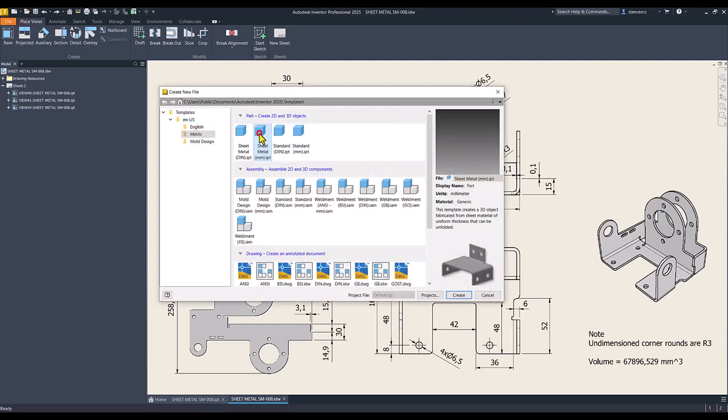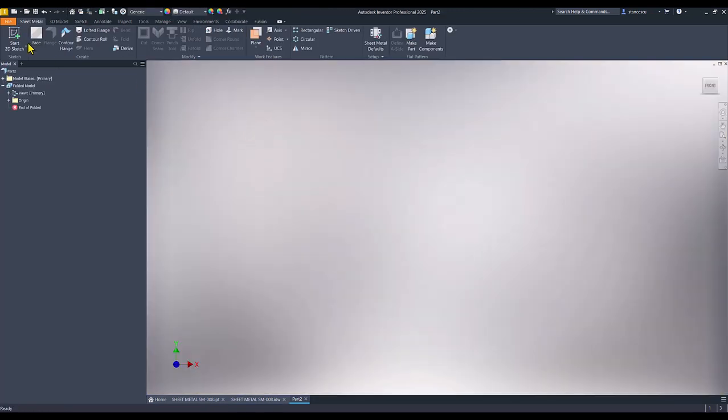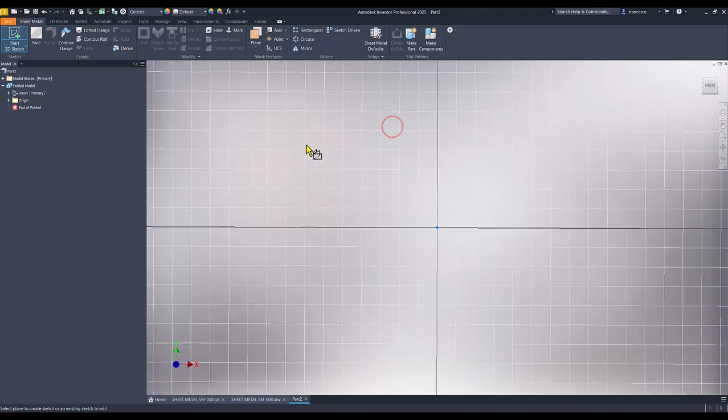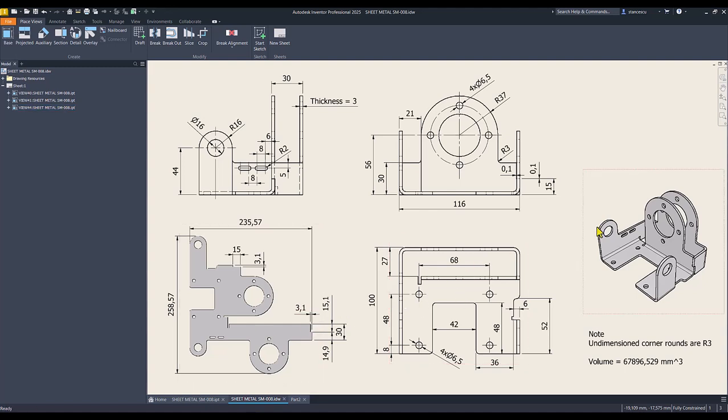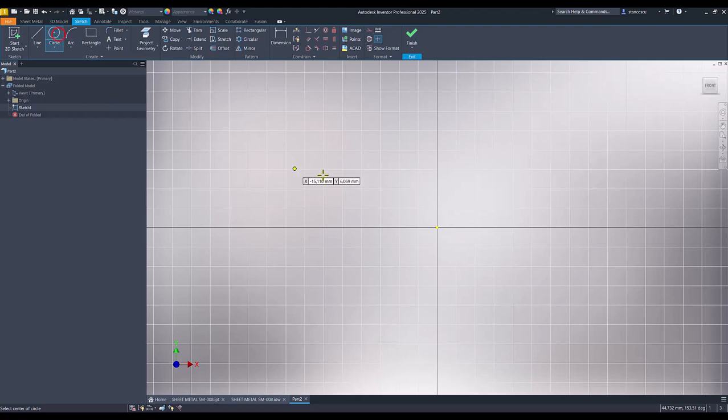New sheet metal part, new sketch, XY plane. We start with this feature: radius 37, 56, 116, 30, and radius 3. Let's do this. Circle, radius 37,